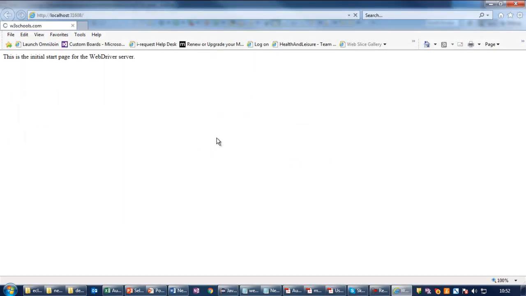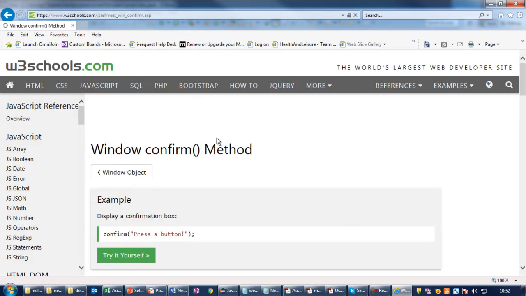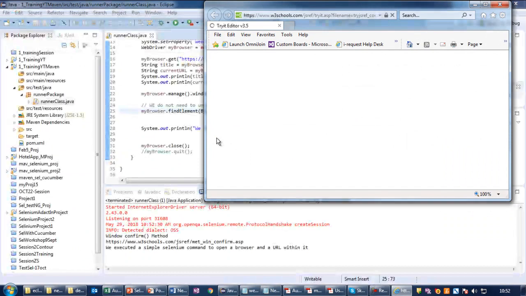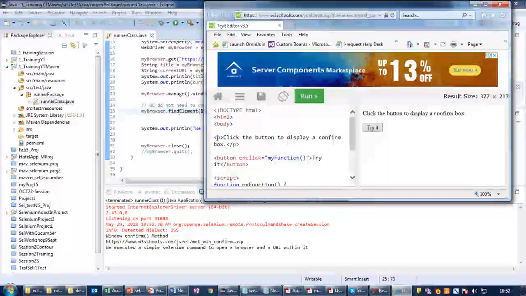So it has opened the site, and then it will click on the button, and you can see another child window was opened, and then the parent window closed down,